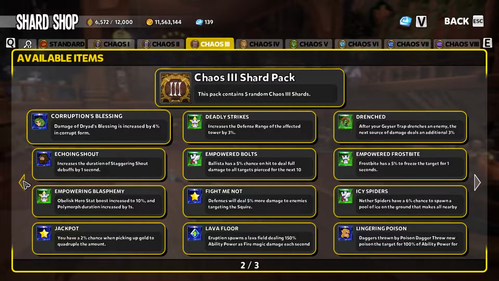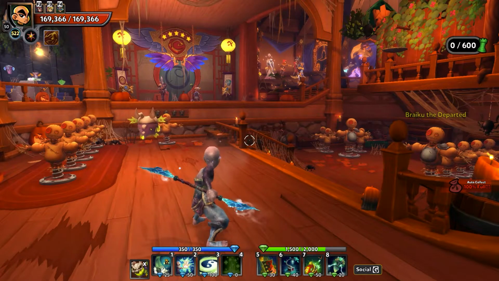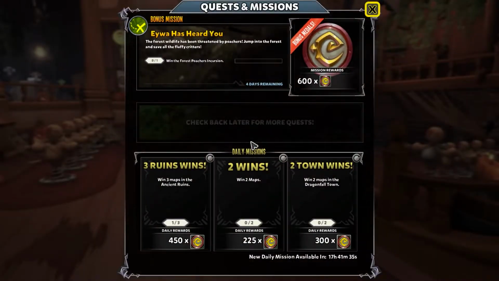The answer to that is the daily and weekly missions on a computer. If you press the J key, here you have the bonus mission at the top, which is a weekly mission. It's got 4 days remaining to be valid, and that would reward you 600 medals, defense medals. Now these tend to be related to the incursion maps, which are a bit more advanced than we are for